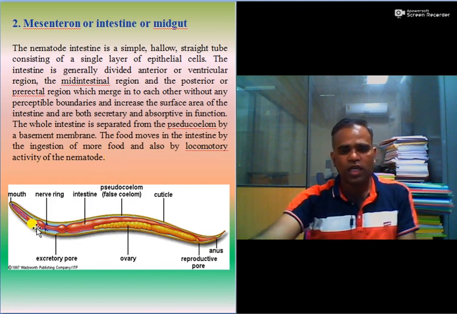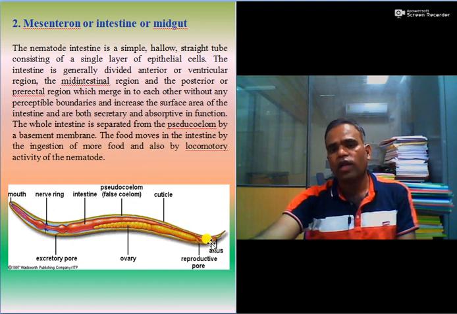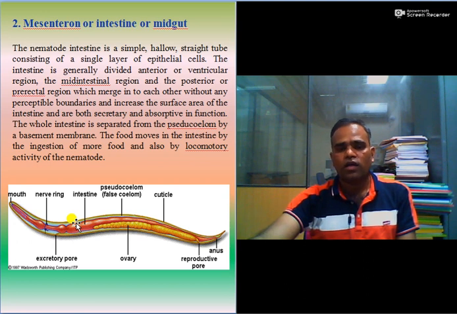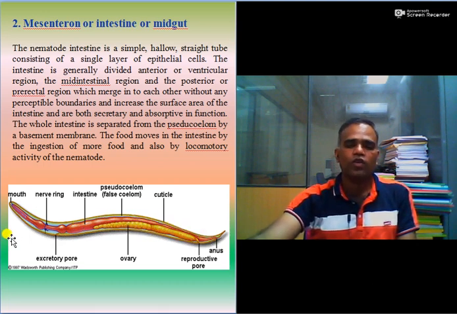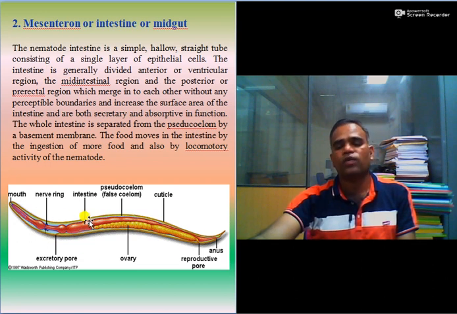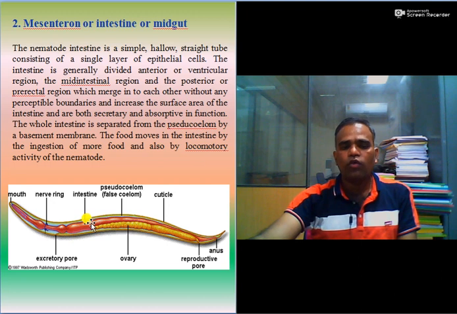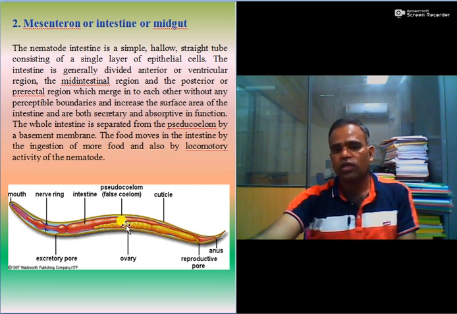Whenever food is taken by this nematode, as there is no boundary in this intestine, whenever excess food is ingested, it will move to this terminal side, otherwise it will remain at this side only. Or at the time of locomotion, when the movement of the nematode occurs, the food will pass to this